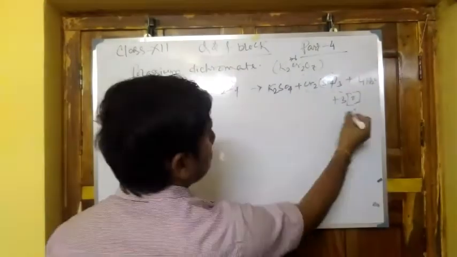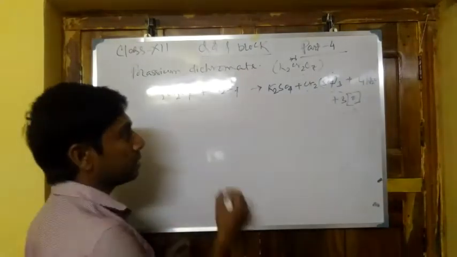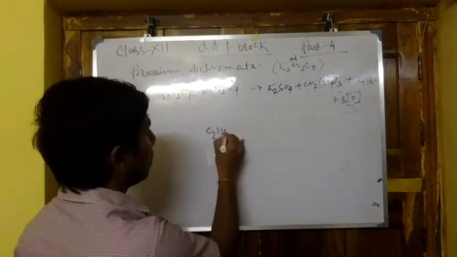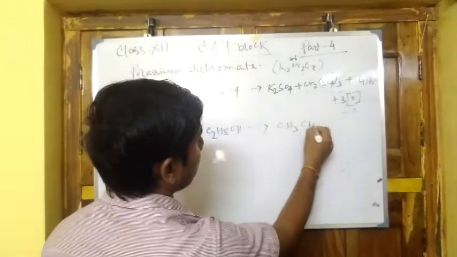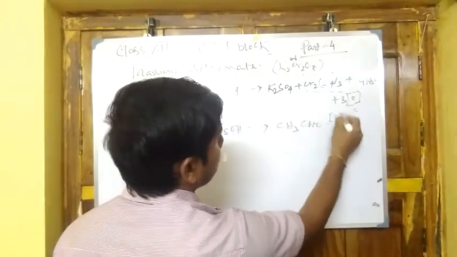Now this oxygen will be used as an oxidizing agent for ethanol to produce acetaldehyde, and further